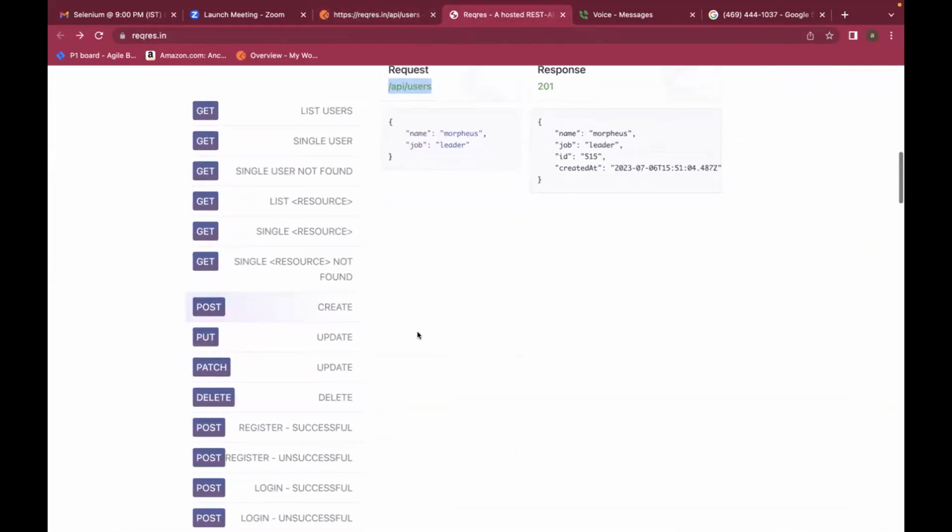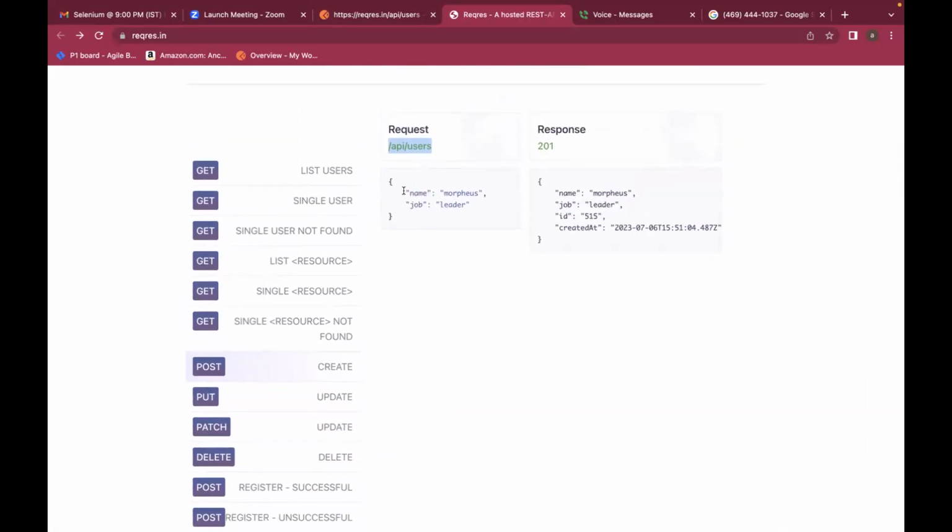Just underneath your endpoint, you have name and job JSON values. Rupali, that's wrong.